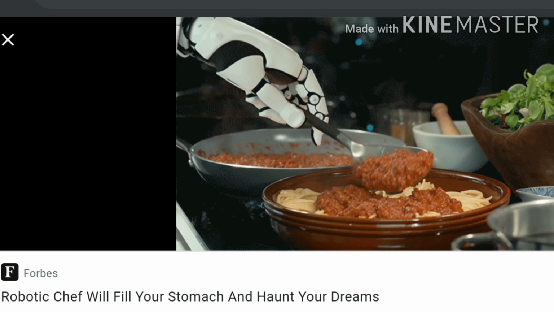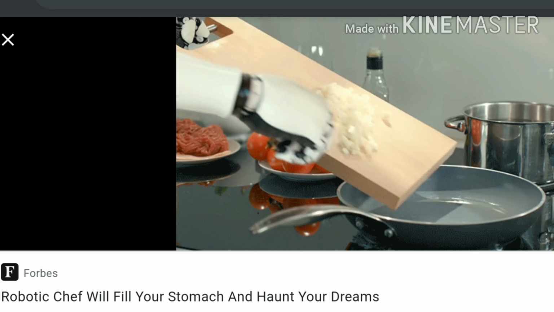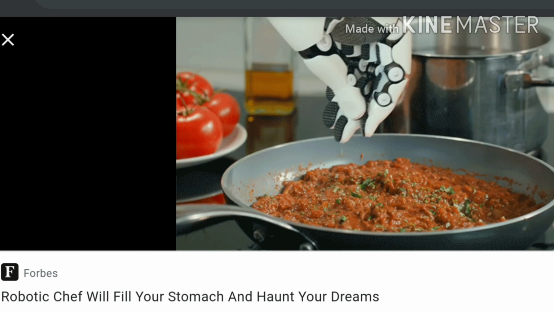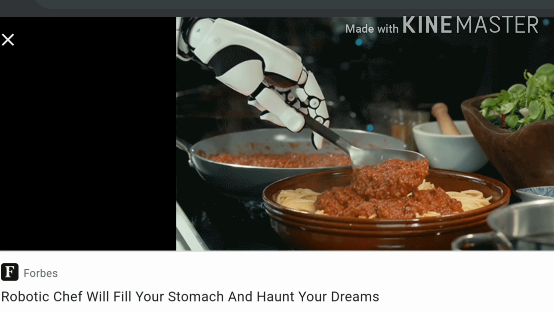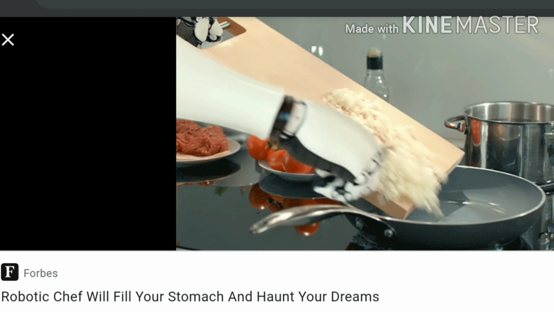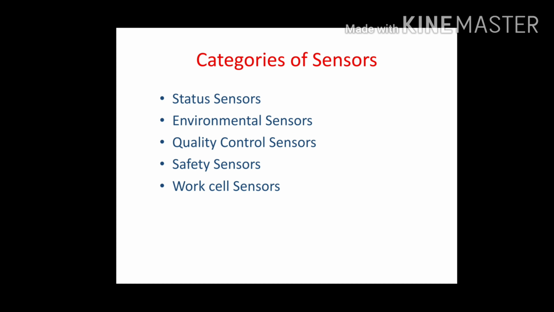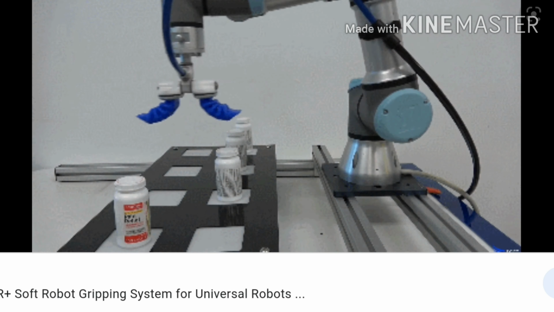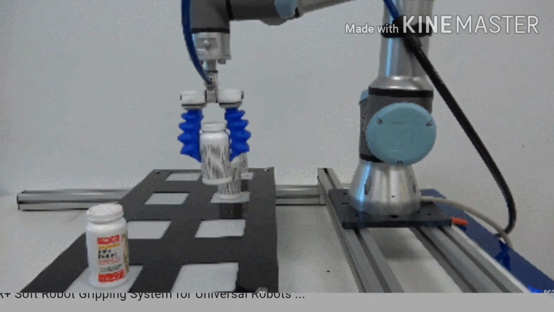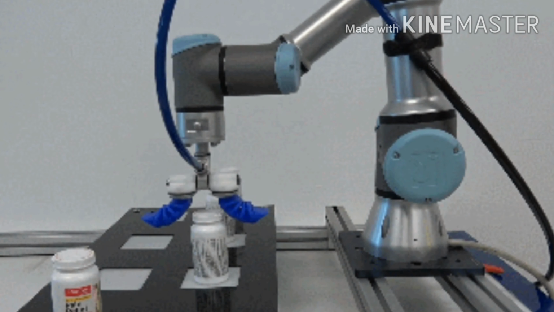The workpiece identification, determination of workpiece properties such as size, shape, and so on. Detect and identify obstacles in the environment and provide information about their size, shape, location, speed, and so on.